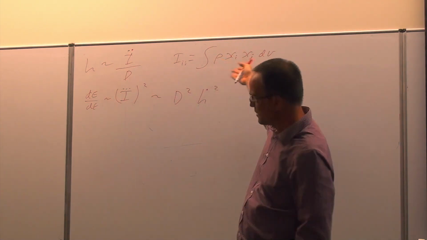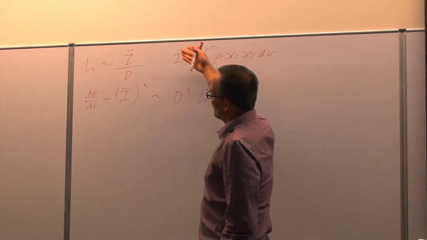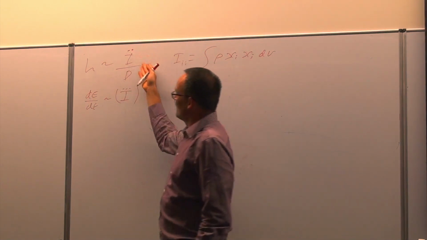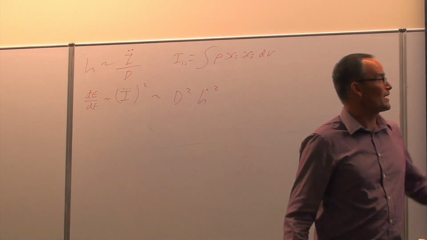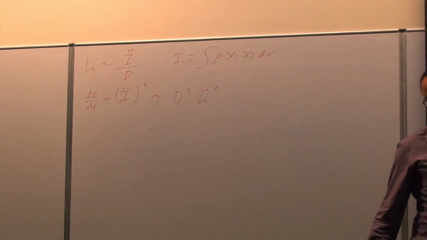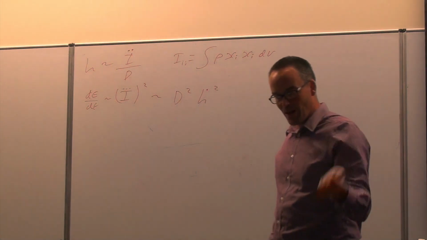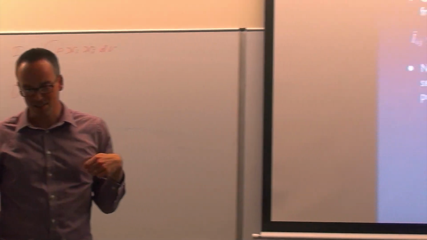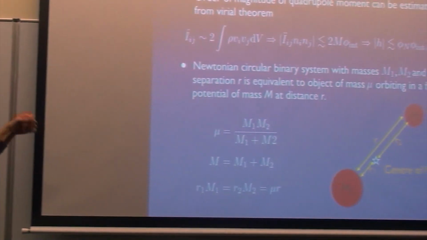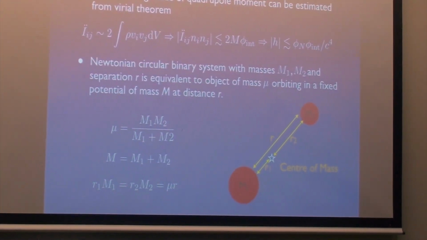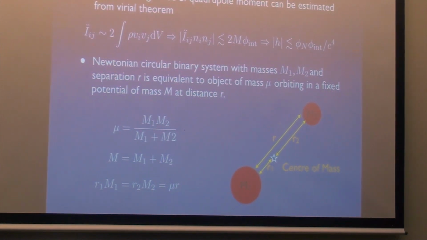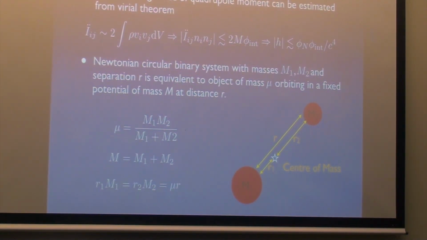It's the second moment of the mass distribution. We want to take time derivatives of it, time derivatives of position, of velocities. So the second derivative of the quadrupole moment is like the integral of rho v squared, but that's the energy density, so that's the kinetic energy, and from the virial theorem, kinetic energy is the same order of magnitude as potential energy, and so